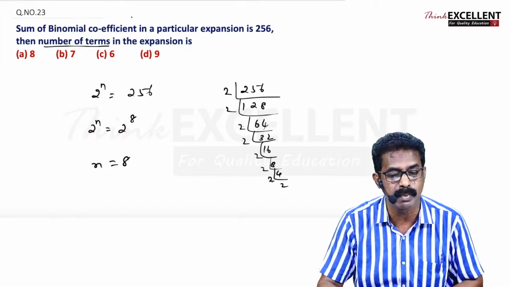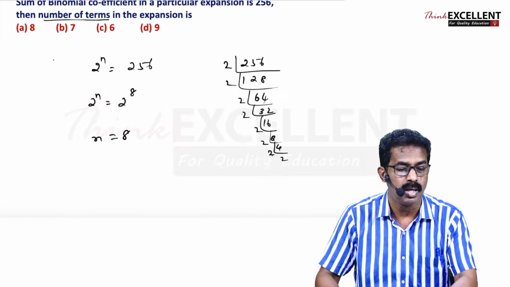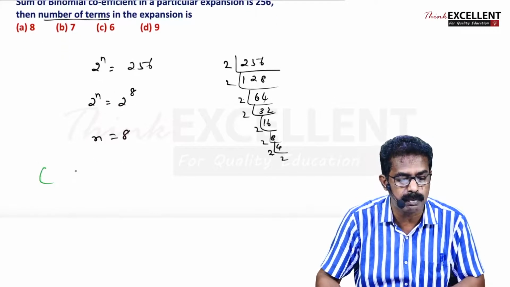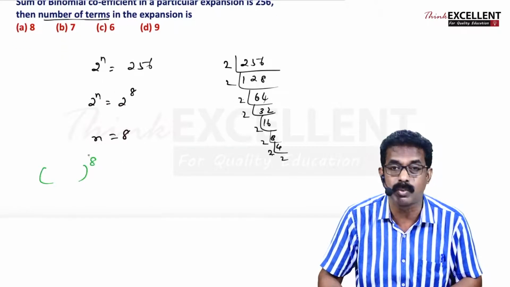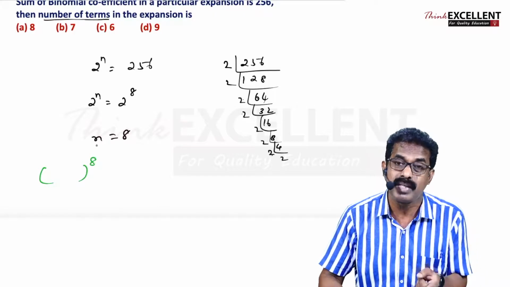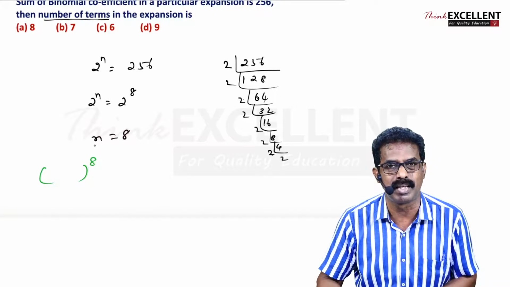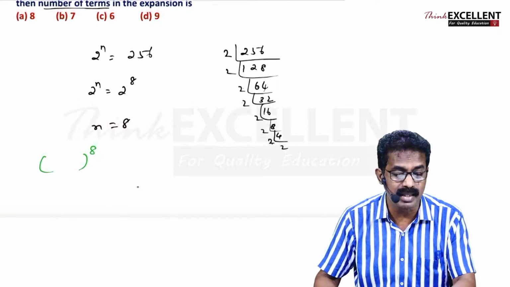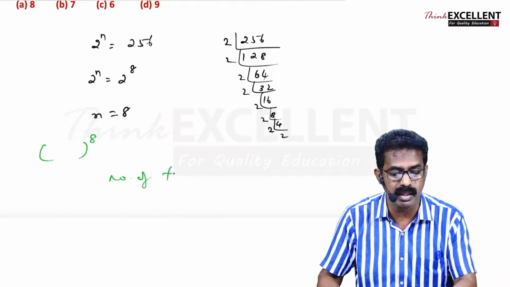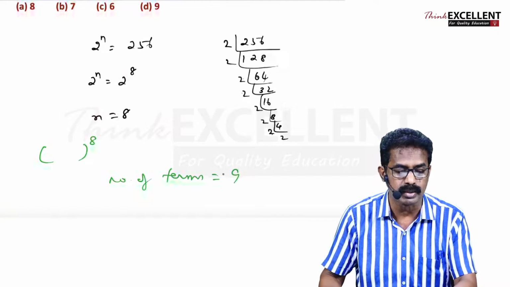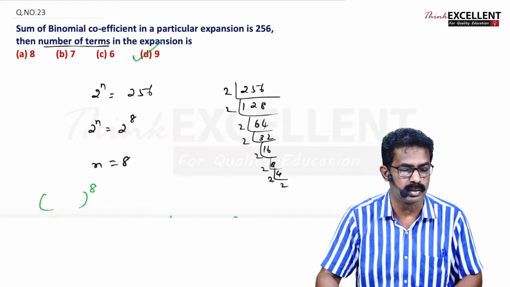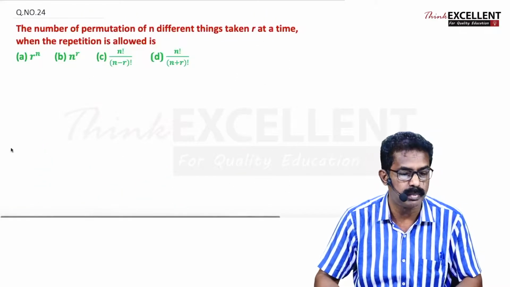In a binomial expansion, the number of terms, please listen, what is binomial expansion? x plus a raised to n. Here what is the n value? 8. If the power is 8, how many terms will be there? 8 plus 1 terms. 9 terms will be there, right? So number of terms will be 9. So be very careful in this one, okay? So do it. Now let's move on to question number